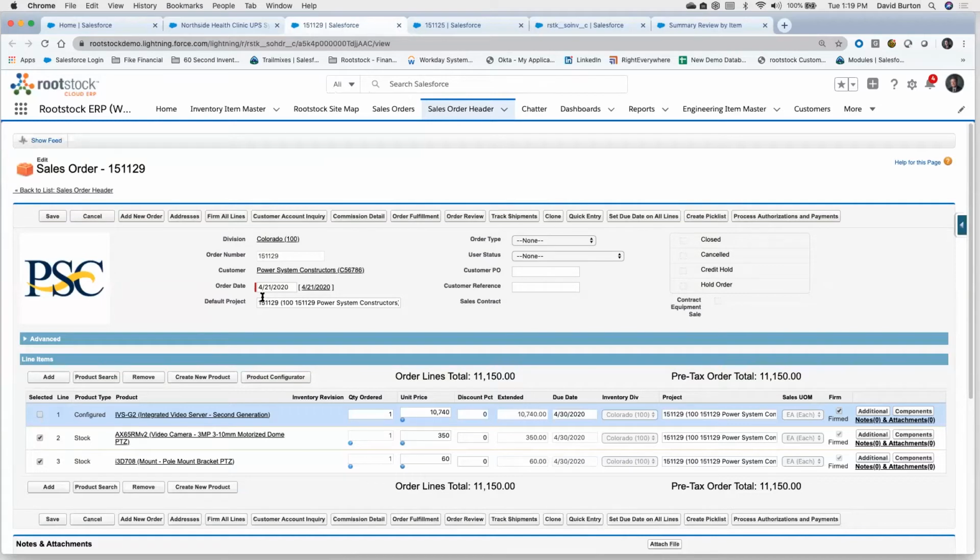We also have a CPQ engine within Rootstock. We don't care which one you use. They both are going to do the same thing, and I'll show you in a second what they do and how we use it. But the information, whether it comes out of Salesforce CPQ or out of our own CPQ tool, is going to end up at the same place, which is basically sitting in this order line right here for a configured item. So in this particular case, I configured this video server, which has a set of components